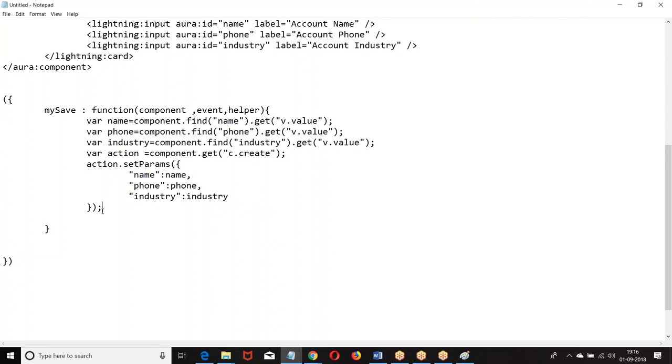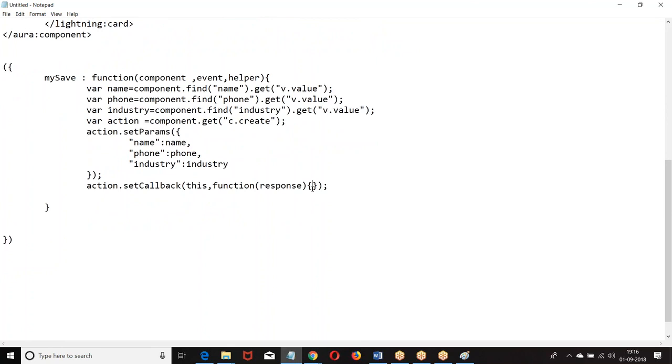We are reading a component, reading the values, passing the parameter. Then what was the format? Action dot set the callback. What we have? This function, response.